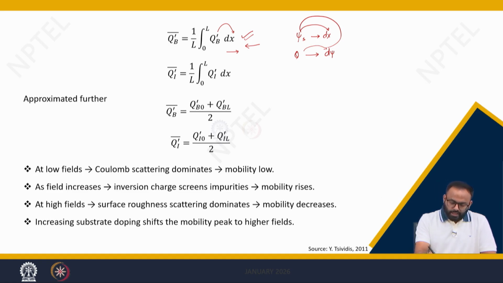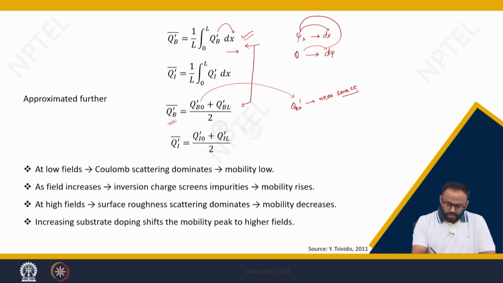To make it simple, we can simply average out and consider that the average bulk charge can be given as Qb dash 0 plus Qb dash L by 2, where Qb 0 dash is nothing but the depletion charge or the bulk charge near source. So we are following the same convention as in our previous lectures, where 0 stands for near source and L stands for near drain. Similarly, the inversion charge is given by Qi 0 dash plus Qi L dash divided by 2,